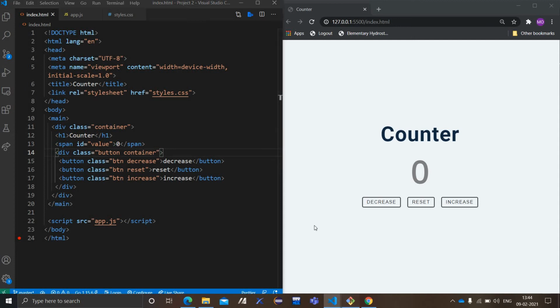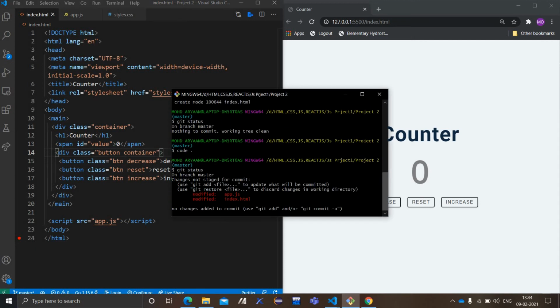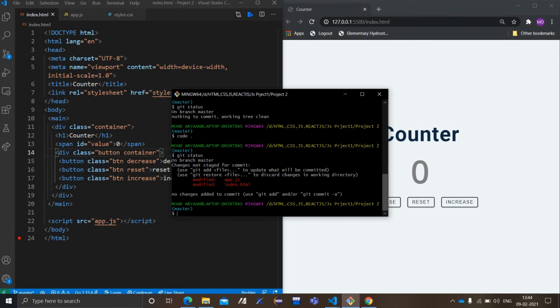So let's check the git one more time, git status. So I have modified some of the index and app.js. I have incremented some of the code.